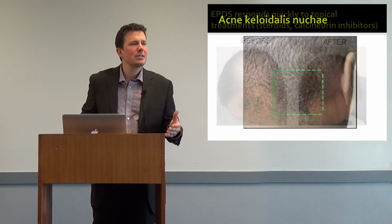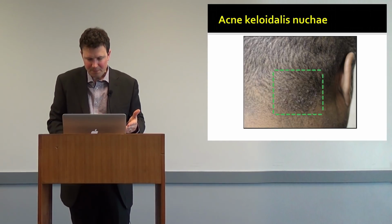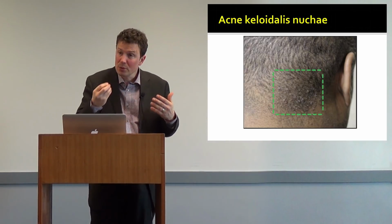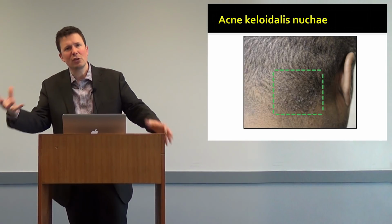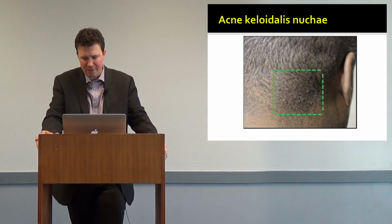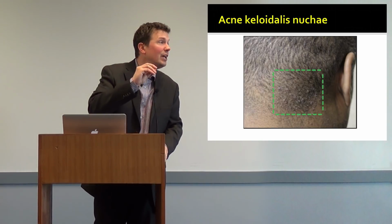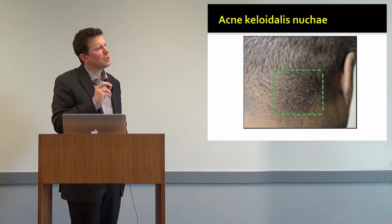The other mixed scarring alopecia is acne keloidalis. This is a very frustrating condition where these patients initially present with these papules on the occipital region of the scalp. These can then expand and coalesce into these large plaques that you saw in the previous slide. Acne keloidalis is neither acneiform nor showing keloids under histology, but we treat it very similar to acne with